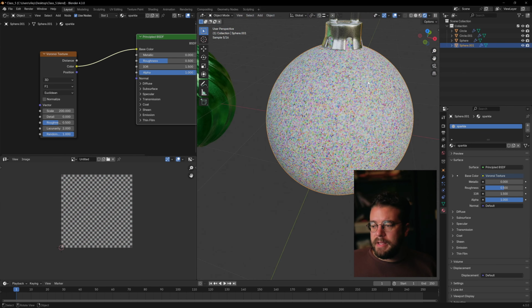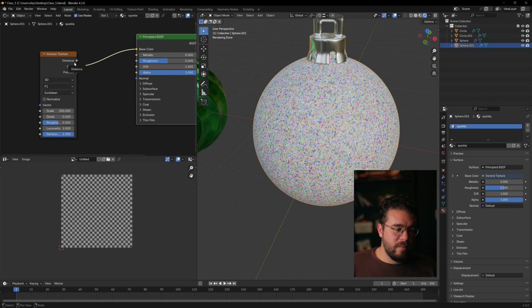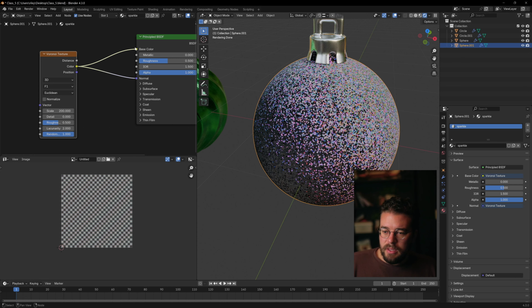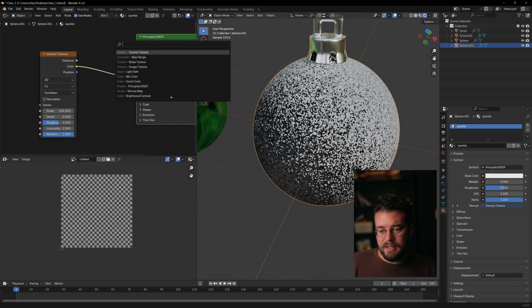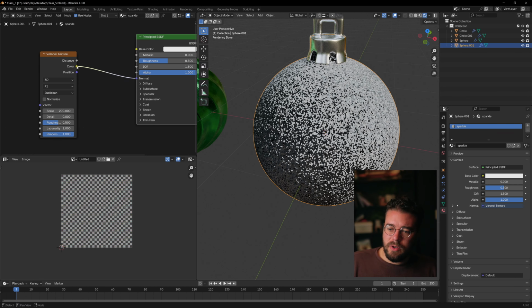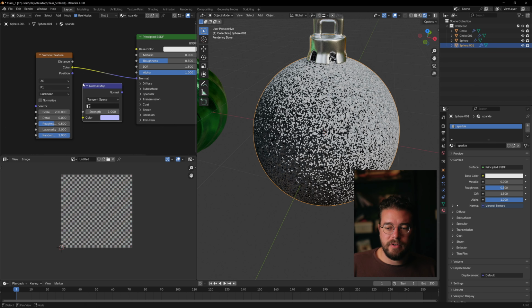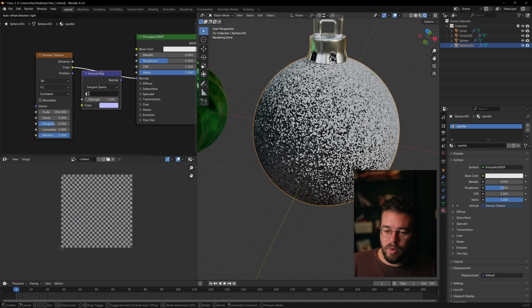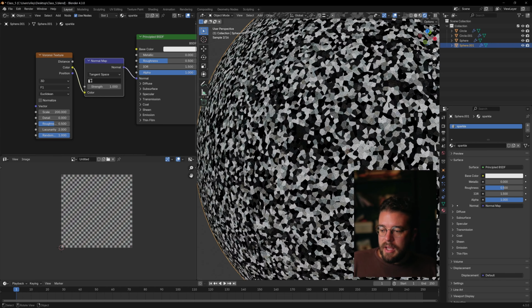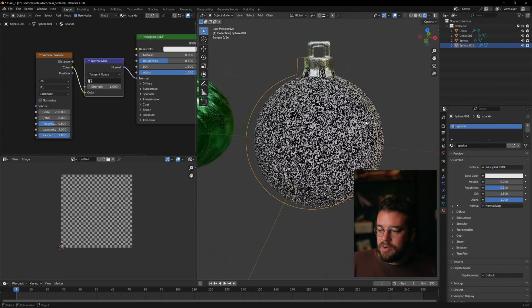Now, rather than going into the base color here, I want to drive the normal. If I plugged this straight into the normal, that has an effect, but you'll notice we're going from our color here to the normal. I'm actually going to drop down a normal map. This is what we did when we converted our colored image to normal maps. And that has a very aggressive